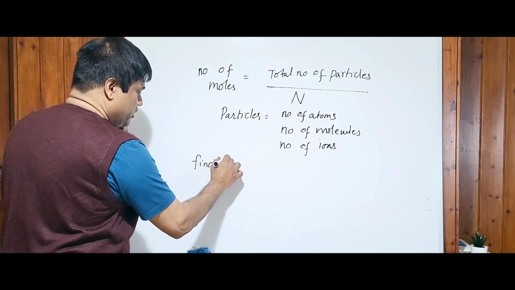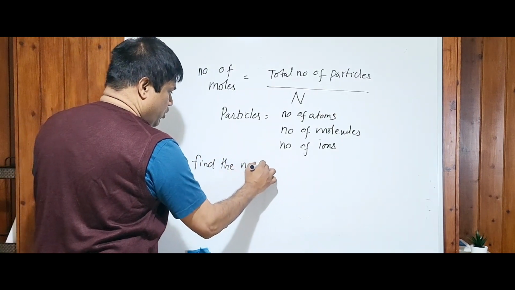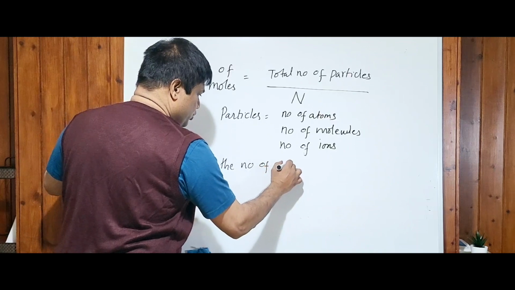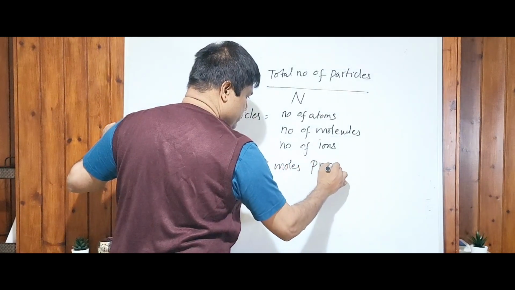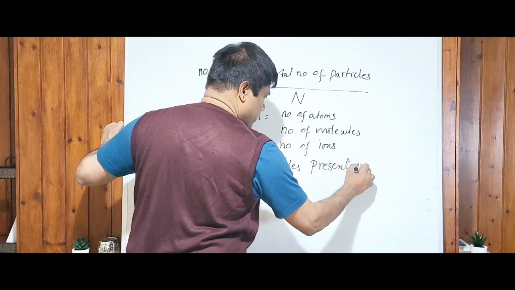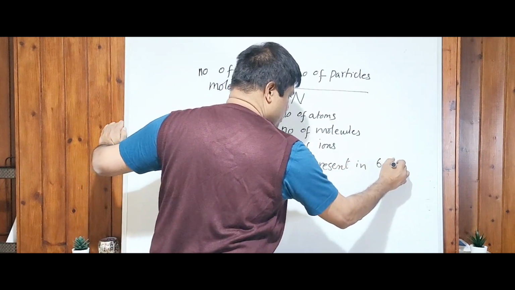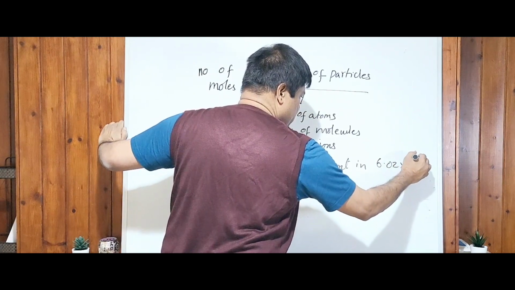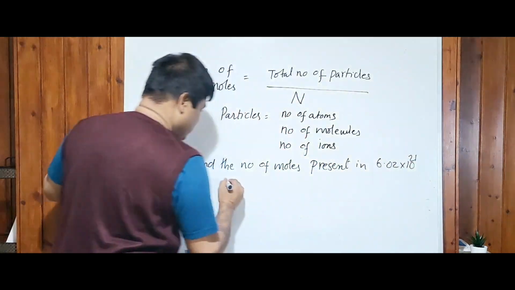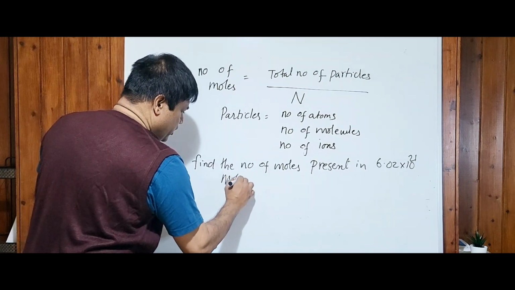Find the number of moles present in 6.02 into 10 to the power of 21 molecules